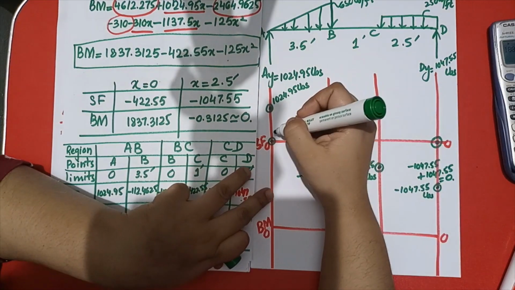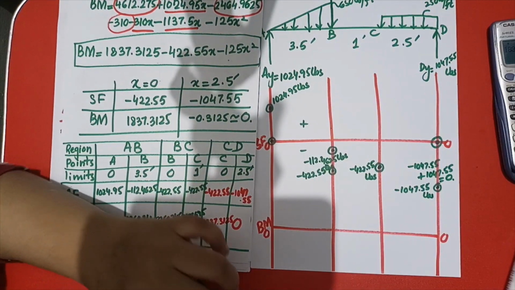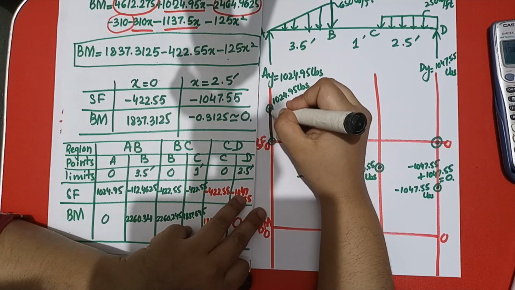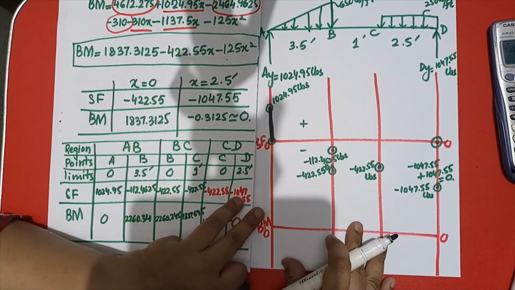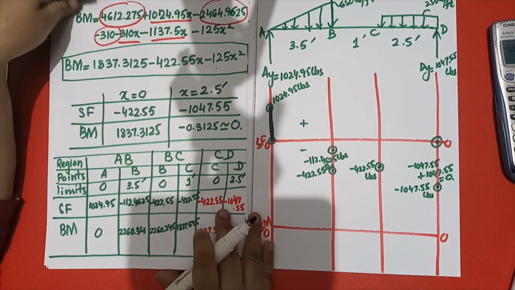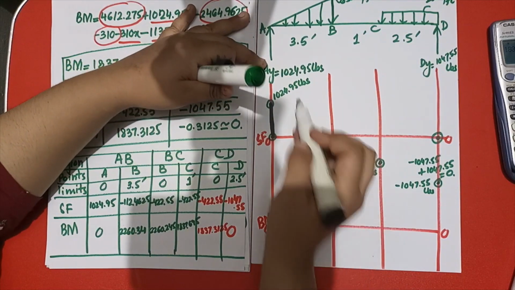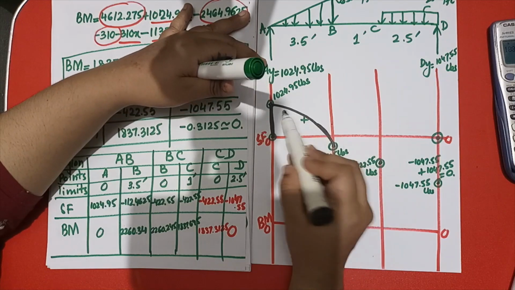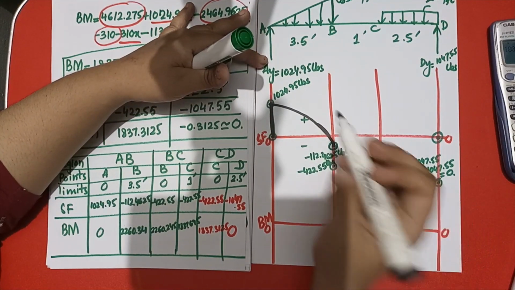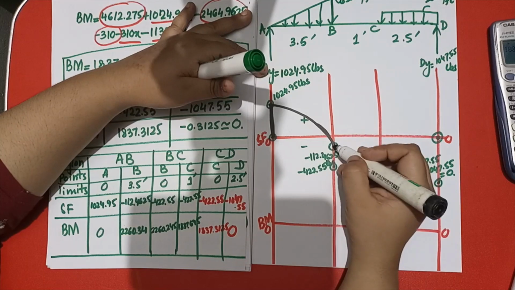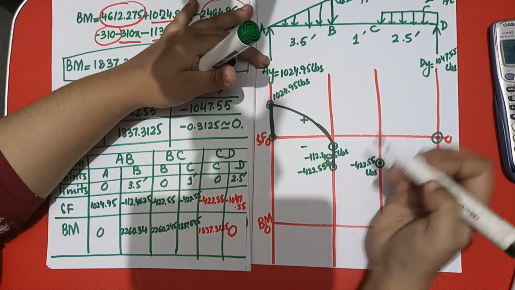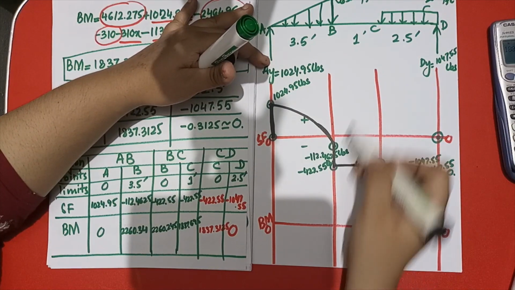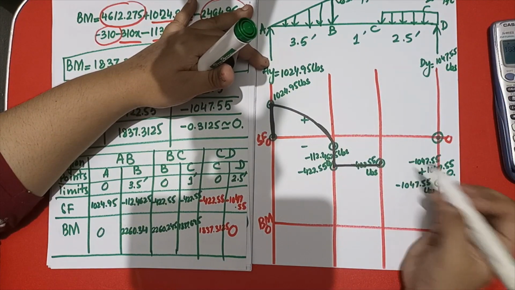Now I have to draw this one. So let's have a look. How can we do that? We will go upward, and we are having the triangular loading up there. So we have to go for the curve. And the positive side curve should be outer side and it should be inner side. So the next is what? We will move down. Why are we going to move down? Because we are having point load over here. And then we will go straight because there is no loading in between B to C.